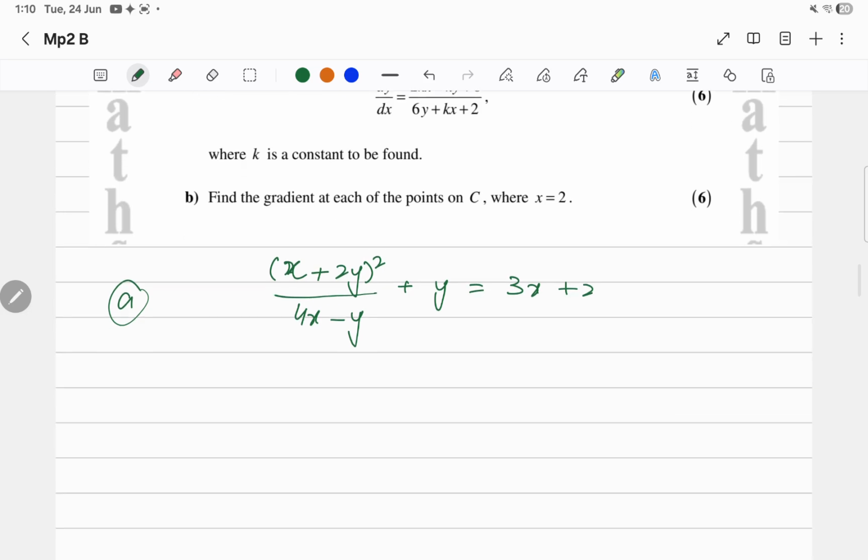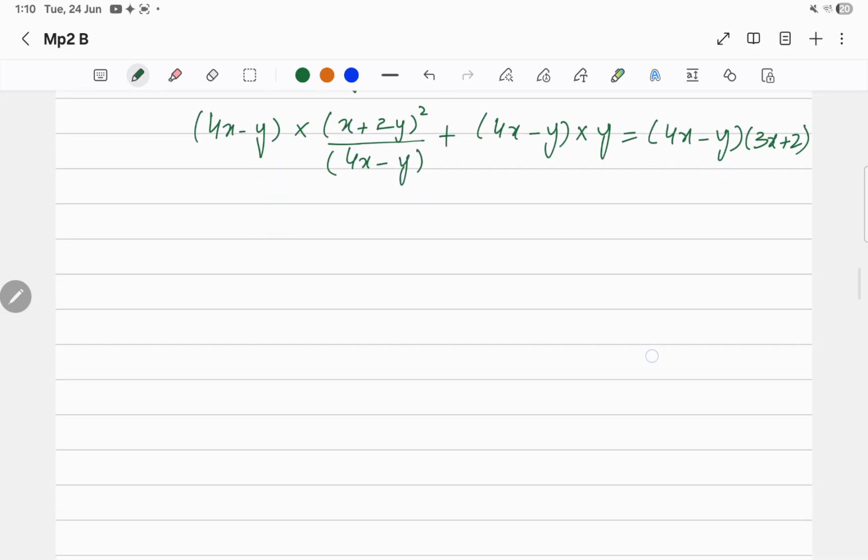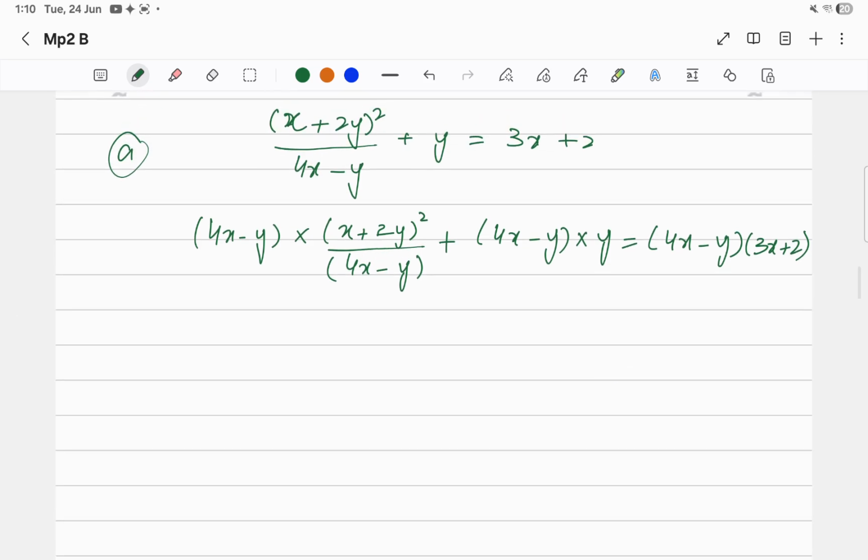If we multiply by 4x minus y throughout, to each and every term, it will be plus y times 4x minus y equals 4x minus y times 3x plus 2. Now if you simplify, this term will cancel out with this one, and we're left with (x plus 2y) squared